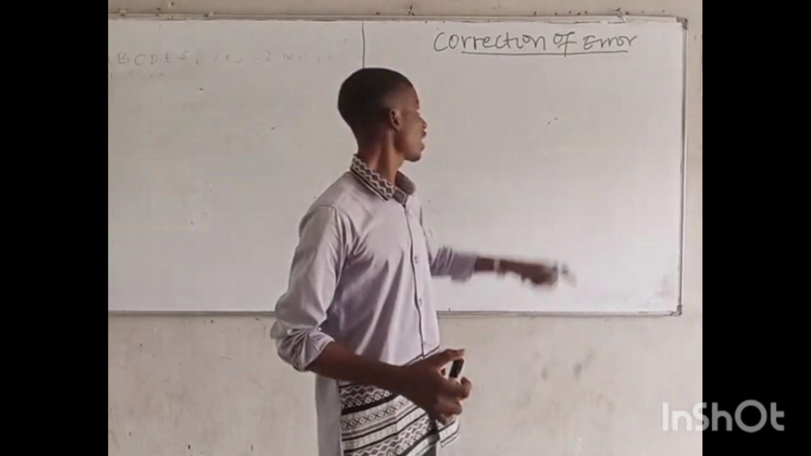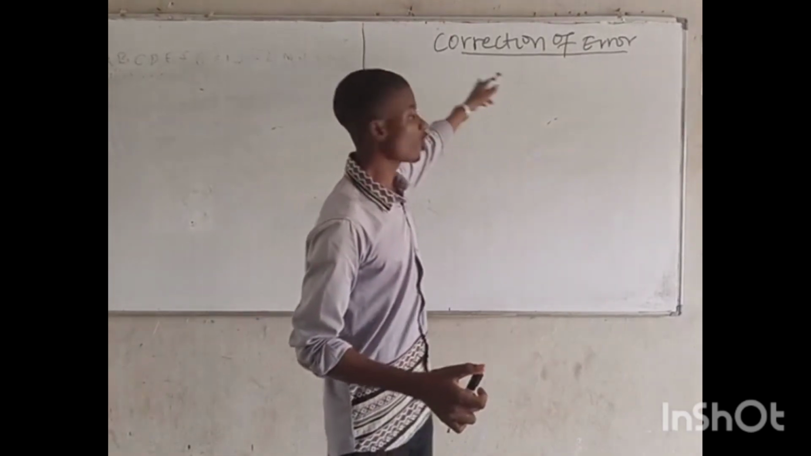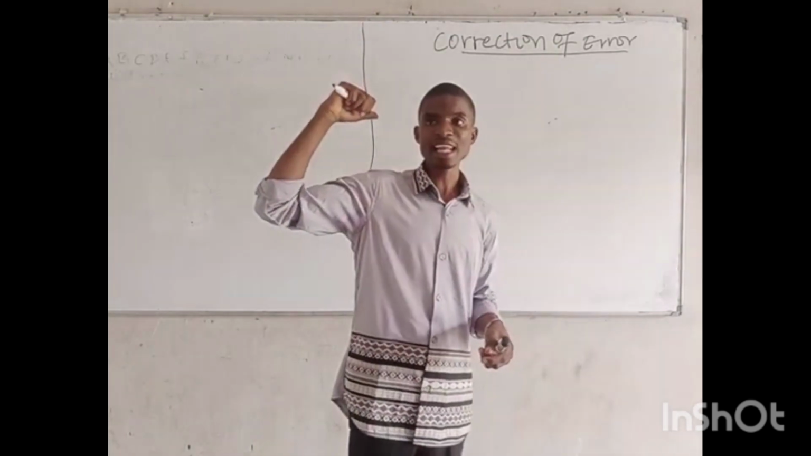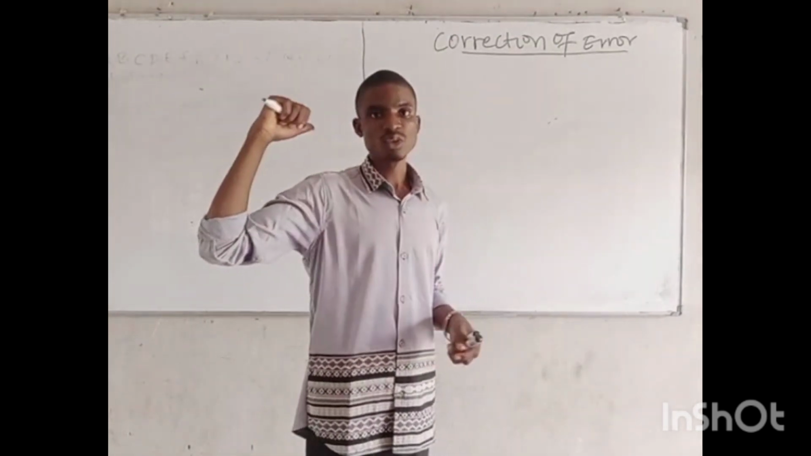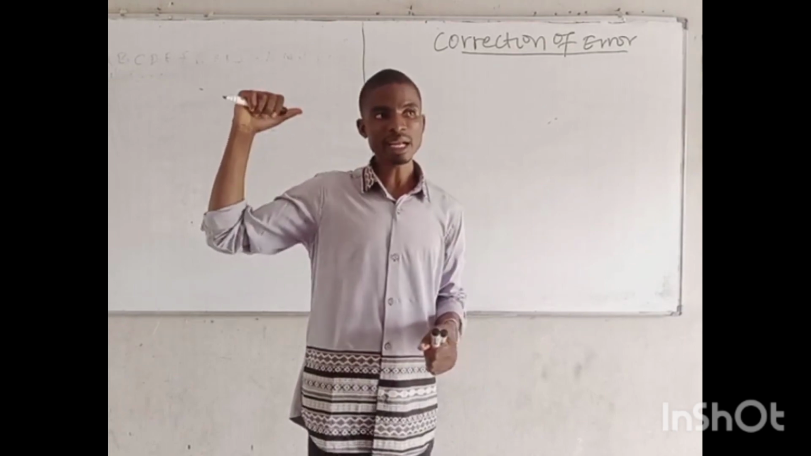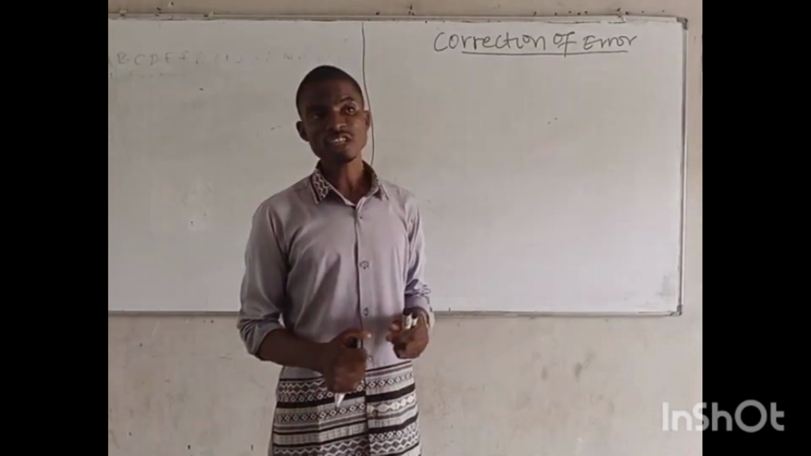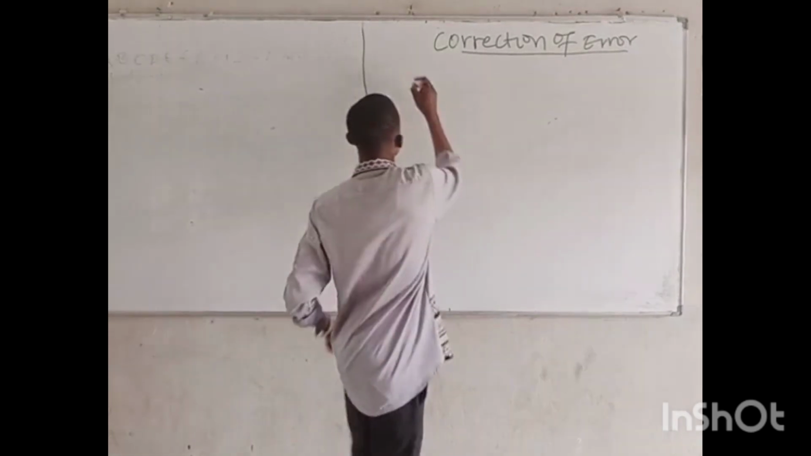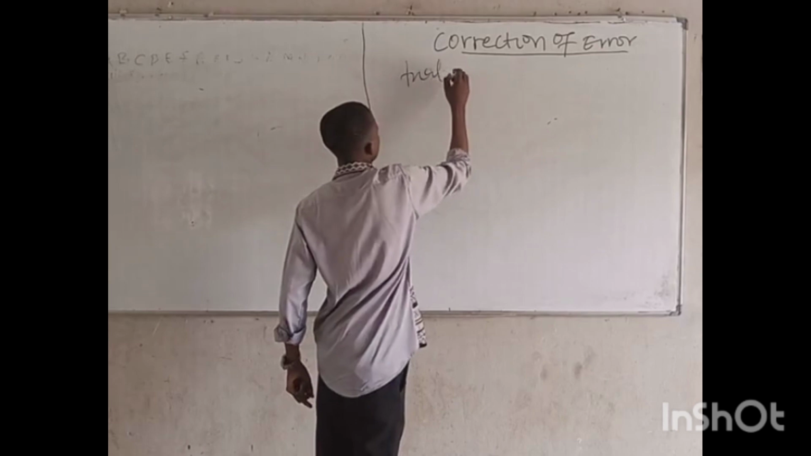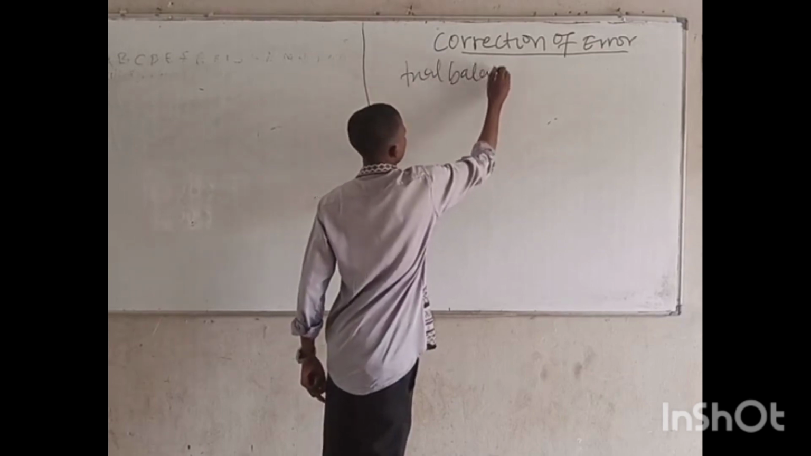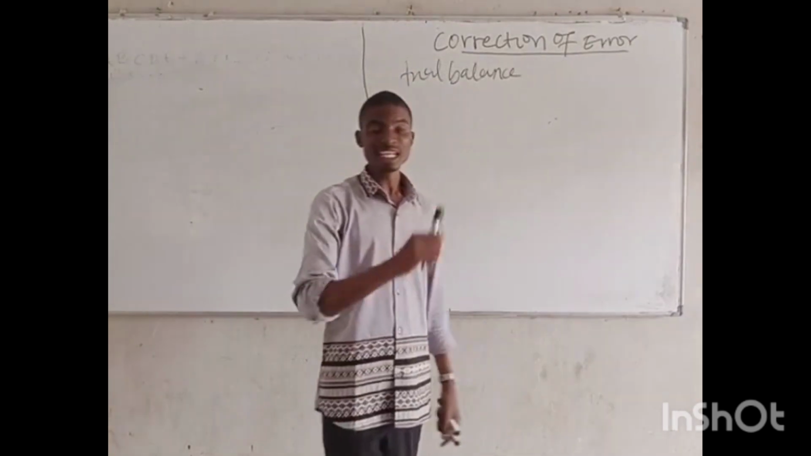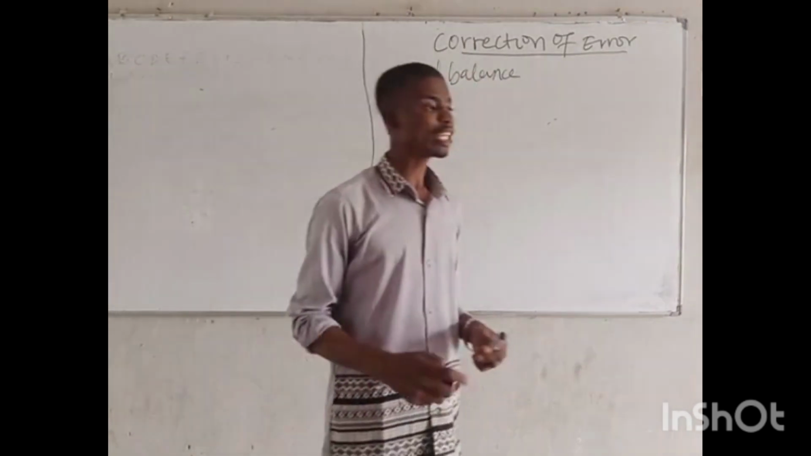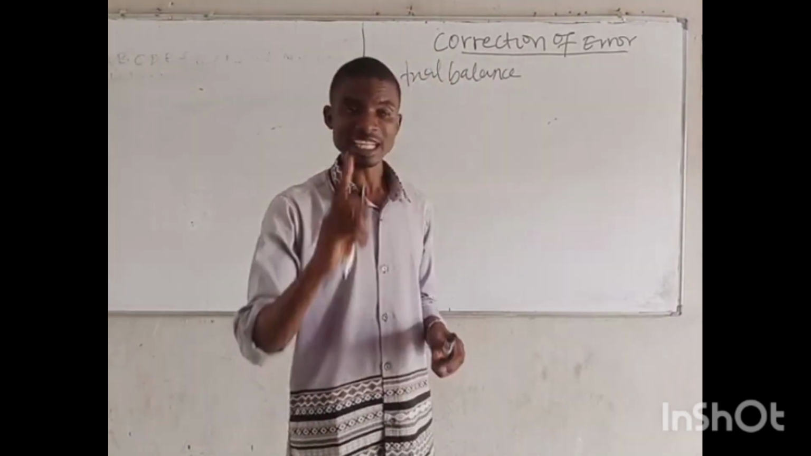So now here we want to look at the concept of correction of error. If you have watched my earlier video on trial balance, we took time to talk about it. We discussed trial balance as the list of balances extracted from the ledger account in order to check the arithmetic accuracy of the entries